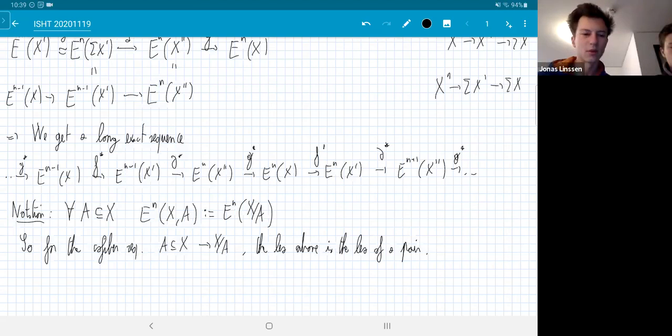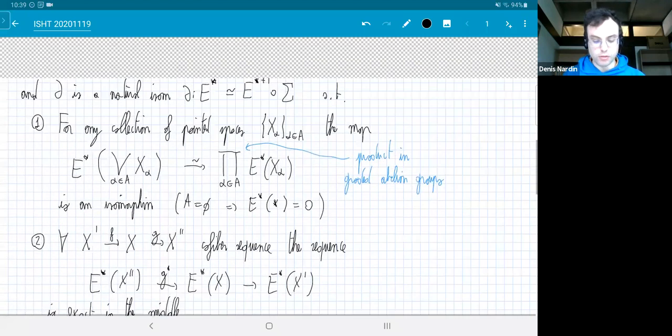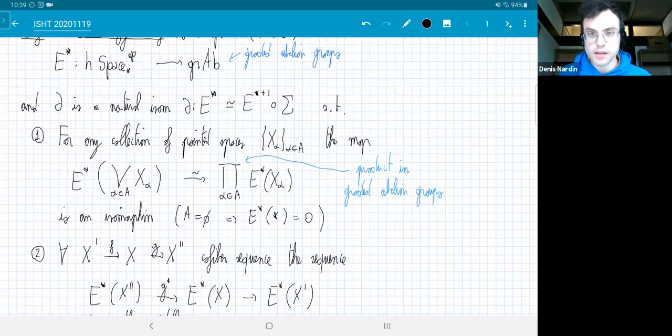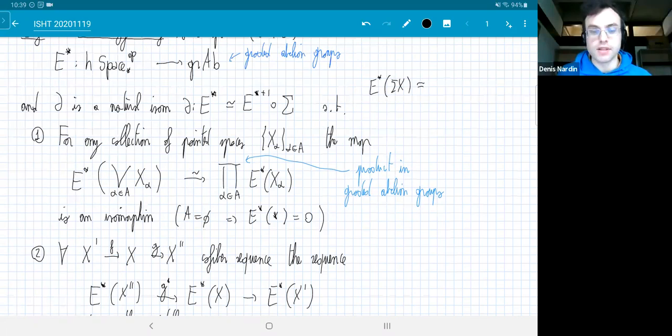Excuse me, maybe a dumb question, but could you quickly recall this suspension isomorphism you were talking about before? I mean, the suspension isomorphism is part of the data for a general cohomology theory. It's just telling you that the cohomology of a suspension, if you want to. Okay, thank you, yes. And it was a theorem that I think you did in algebraic topology 1, that such a thing is there for